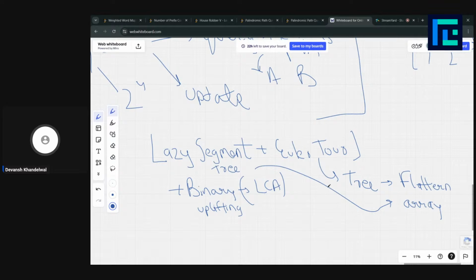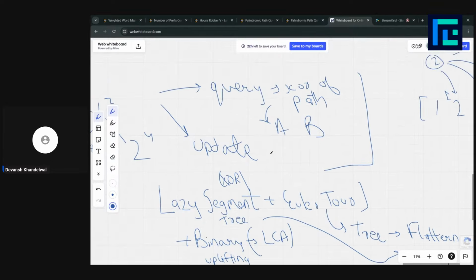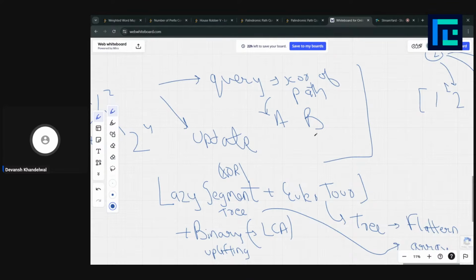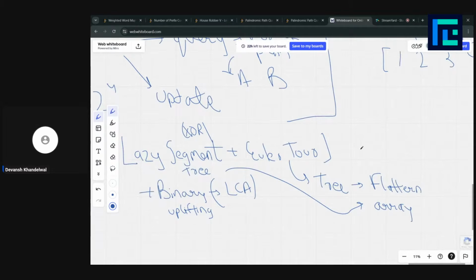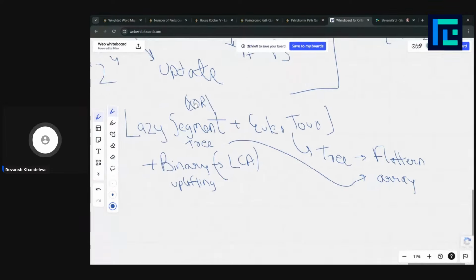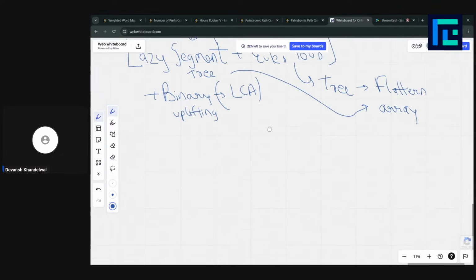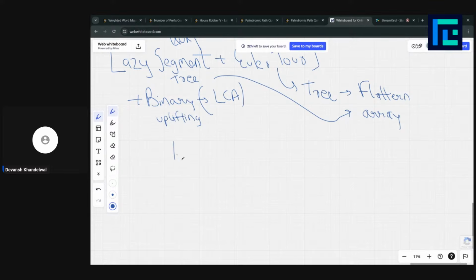Then we could apply lazy segment tree here using the XOR property to implement this. For each query, we would calculate the XOR of the path, and for each update we would basically do lazy updates to the path. Right. And how does this entire thing work? Let me tell you using an example of a tree. Let's say we have this tree.